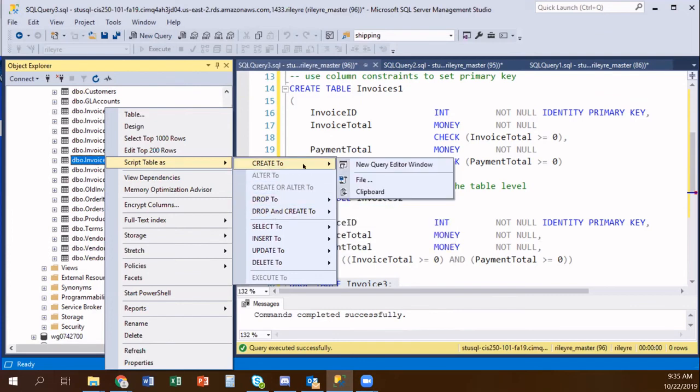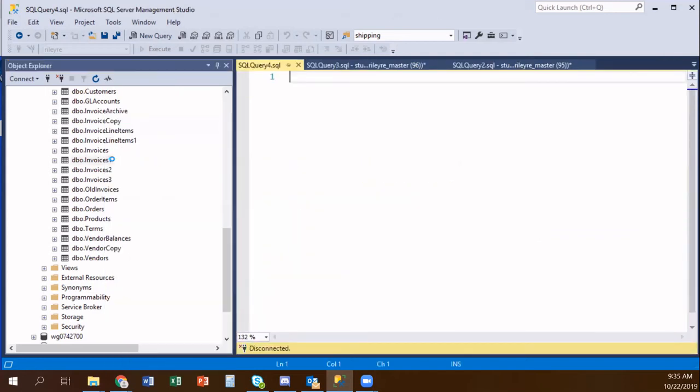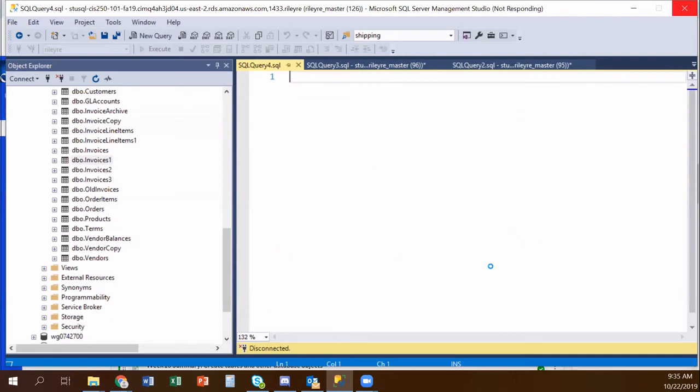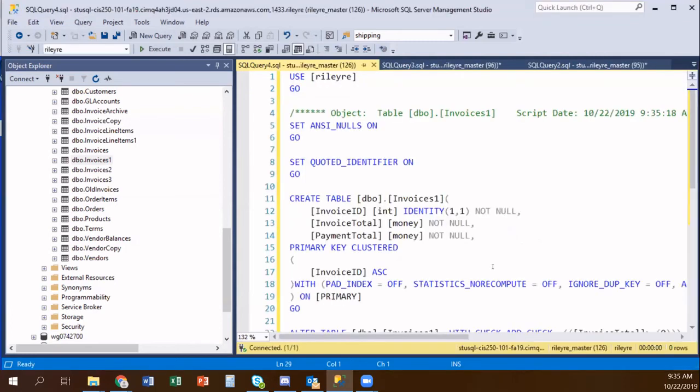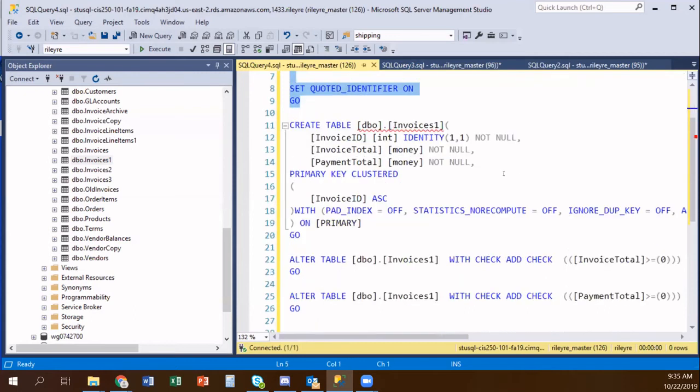Create. Okay, let's do create to new query editor window. Now remember I had my invoices 1 table selected. So what's going to get generated here when I run this is all of that code. It has a few extra things because it has some system settings that we don't normally type in. And you can tell here for our check constraints, it created alter table statements for those instead of just putting them in our table definition. So it does have things just a little bit different, but it gives us all of the syntax we need